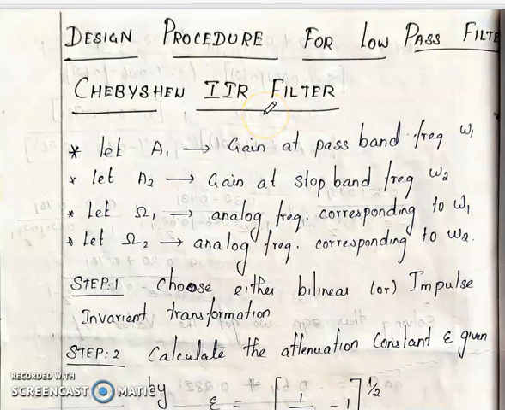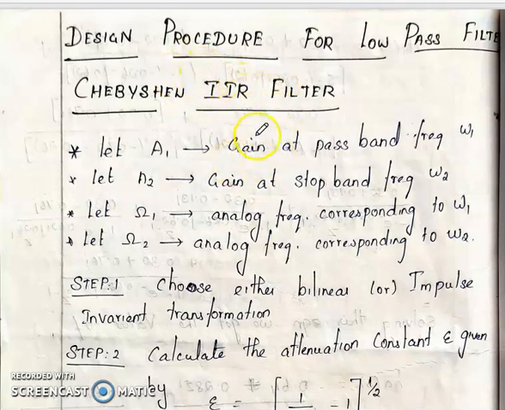Welcome to today's class. Today we discuss the topic on the Chebyshev method. Okay, so this is another type of designing the analog filter. So here I am using the Chebyshev filter method. How do we design? Before that we have to study the procedure of the designing technique. Okay, approximation. This Chebyshev approximation technique, the design procedure for the low pass filter.